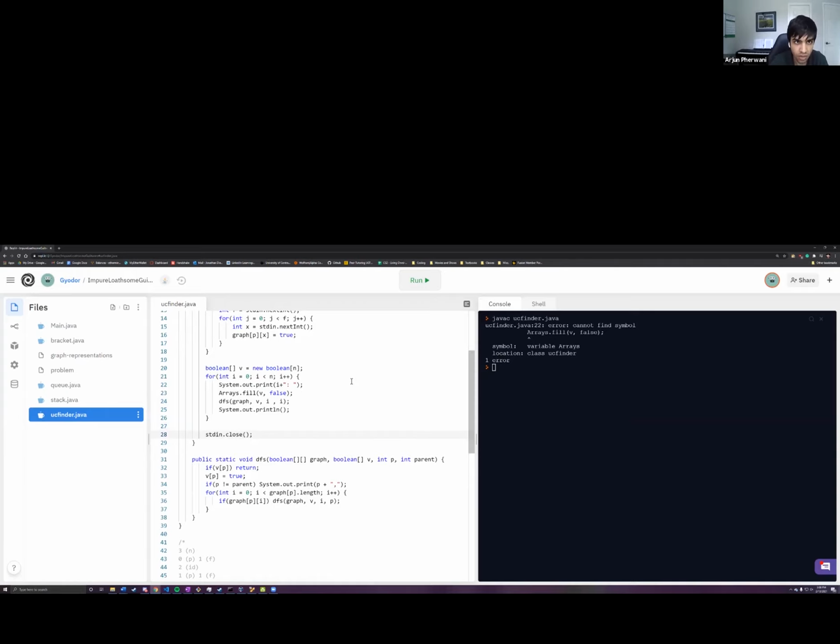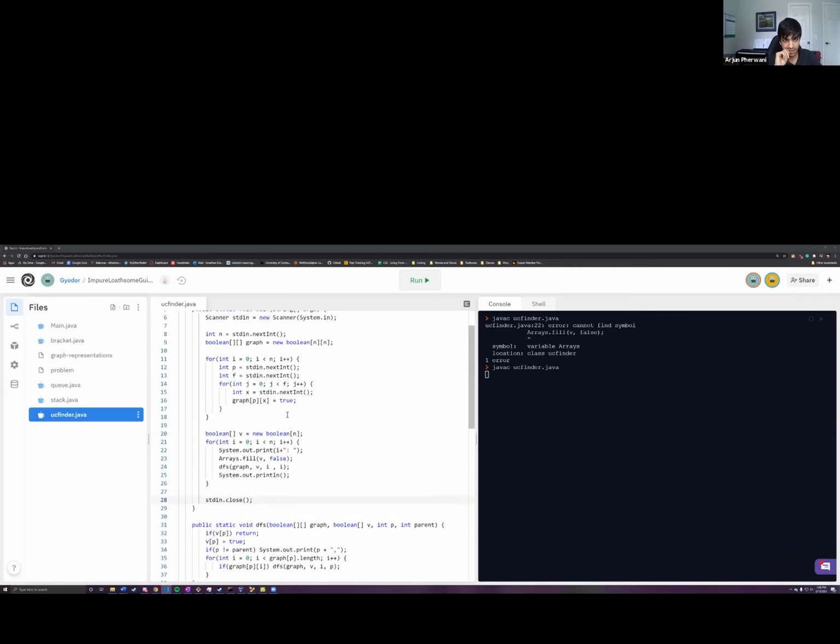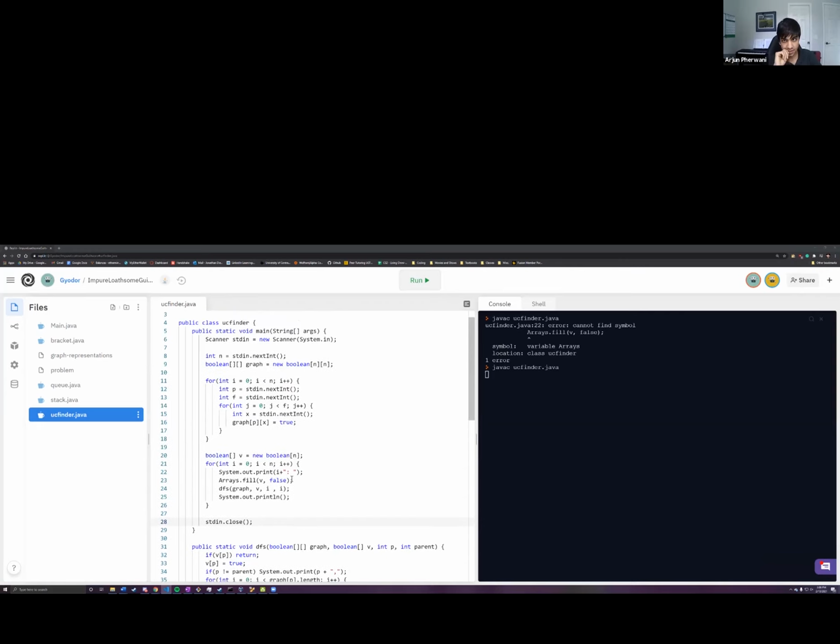This is why Control Shift O or Command Shift O is useful, because it imports your libraries for you without you having to worry. This is another reason why you should use Eclipse or VS Code or whatever. Does VS Code do that? I don't know. Eclipse first. So slow. Yes, there we go. Done.